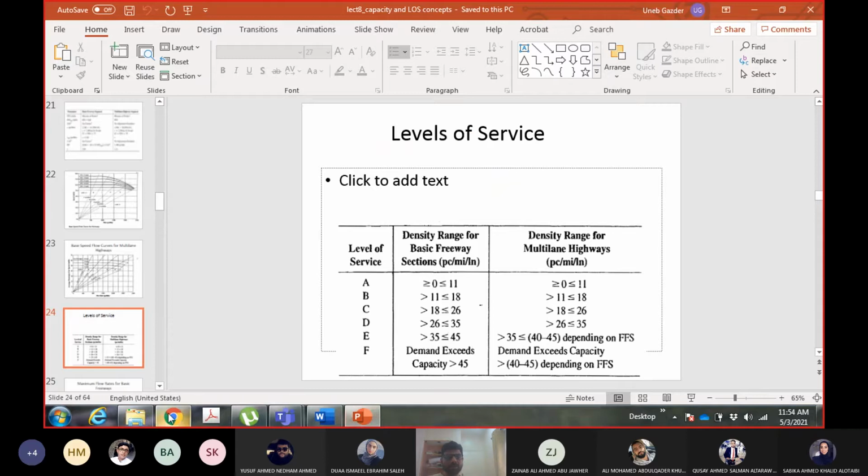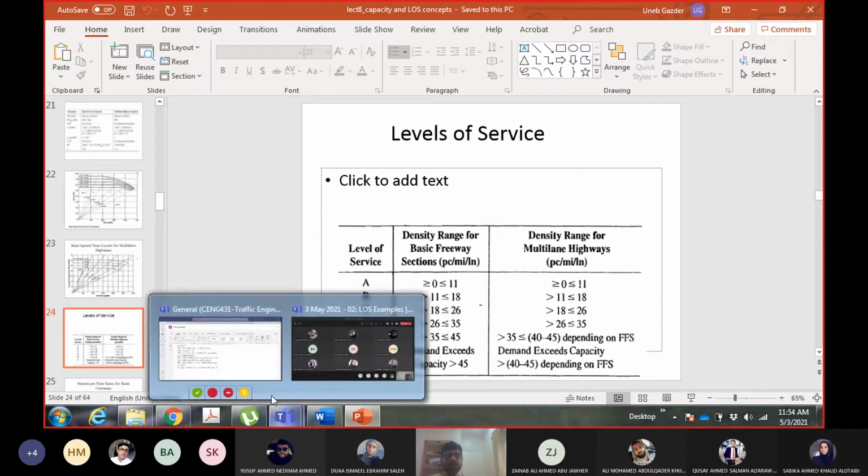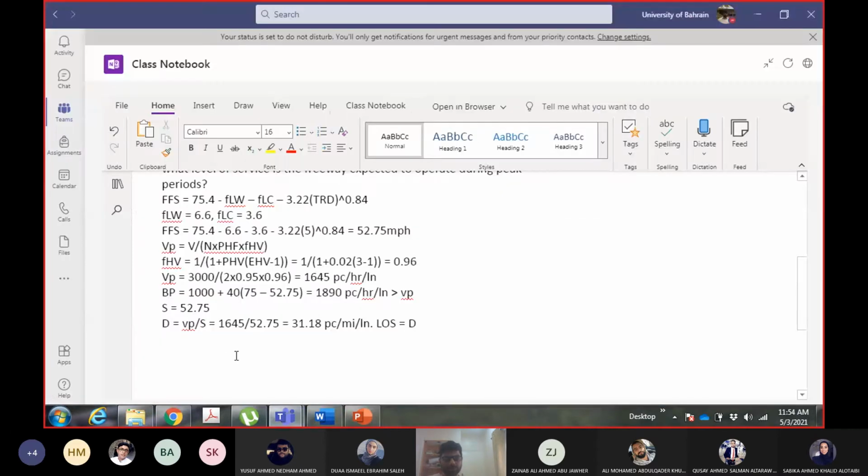Now for level of service D, they have given some notes in the book with the results, so I should share the notes with you as well. Level of service D is generally an acceptable level of service for urban areas. In urban areas, many highways in the peak hour have level of service D, and it is acceptable. But level of service D doesn't mean it's a good condition of the road. The operational condition is not considered good.